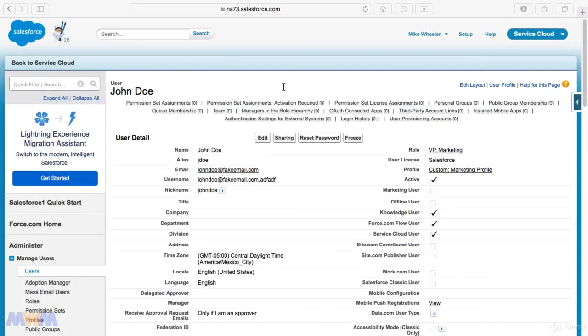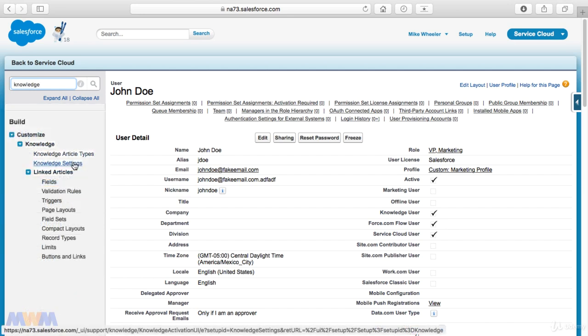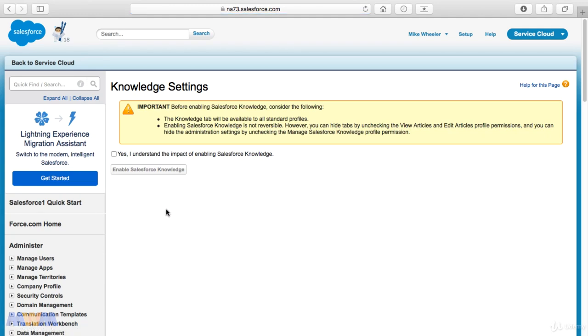All right, so now we're going to talk about the knowledge article lifecycle and also enabling knowledge in your own organization. I want to make sure that you've got the knowledge user checkbox checked for your own user account and also for your additional user. I've got the John Doe user account open right now. Then search for the term knowledge in setup, and you can go to knowledge settings in order to